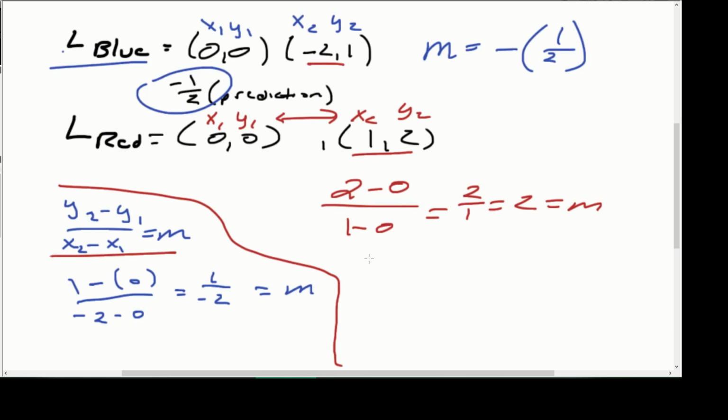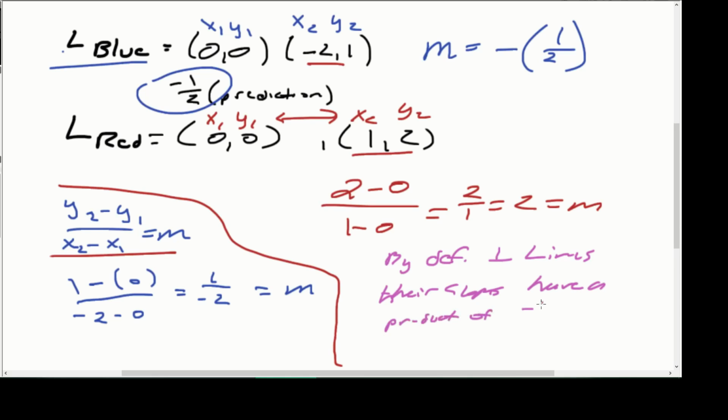I haven't used purple on this page yet. By definition, perpendicular lines have, let's say, oh, that's a T. Their slopes have a product of -1. So that means if I take my blue slope,